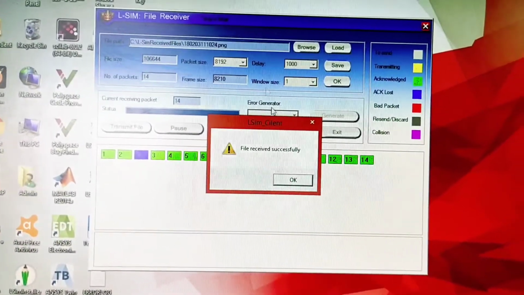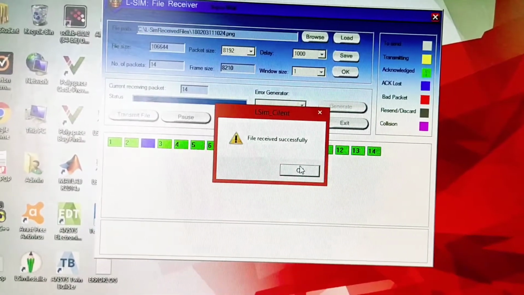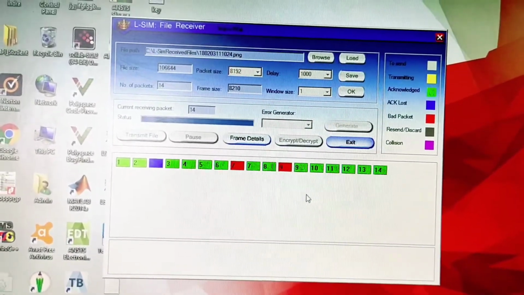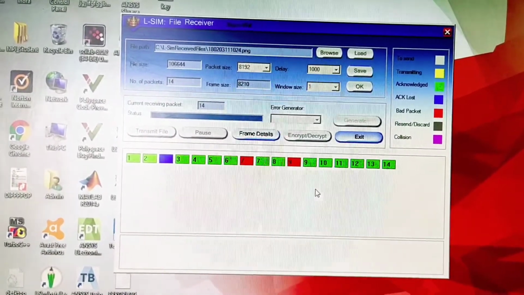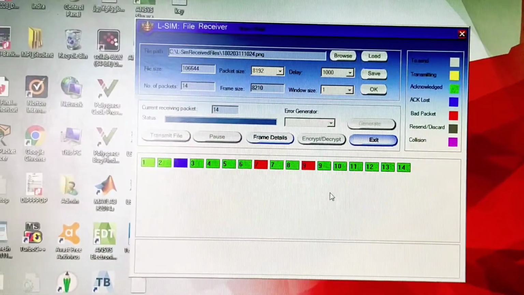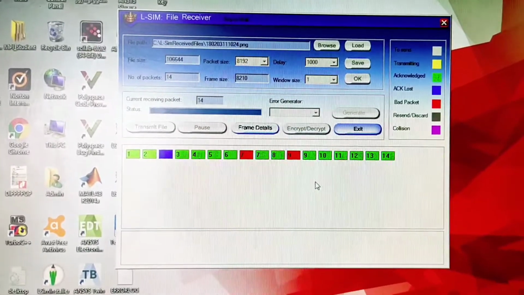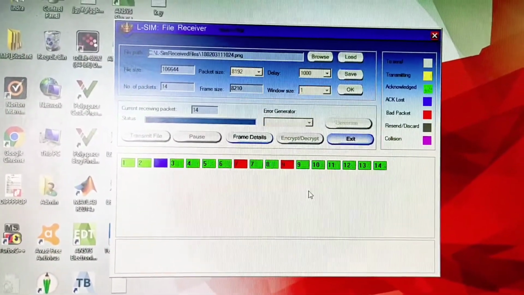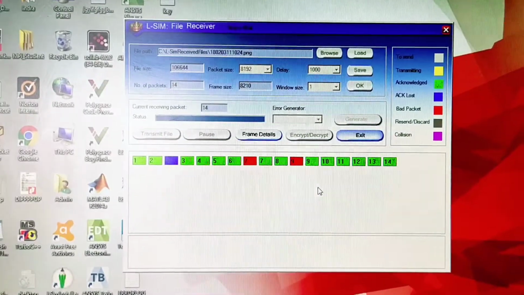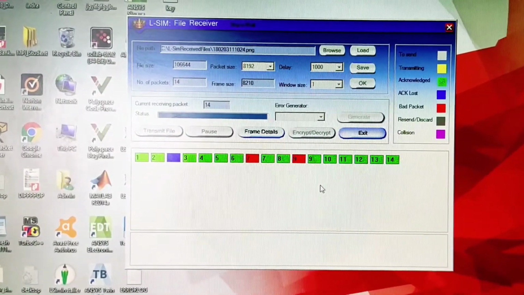After receiving the file, you have to close this dialog box and it will ask you to save the file in a particular file name on the receiving side. So we just have to save the file and that's it.